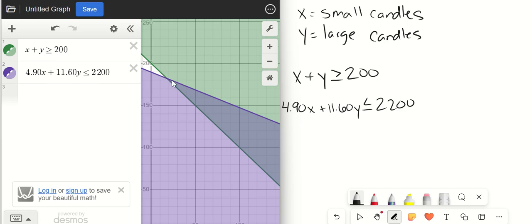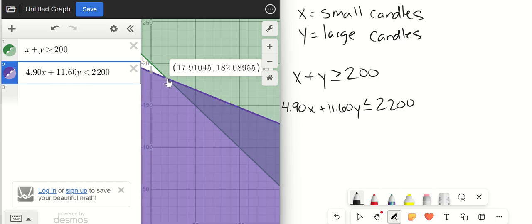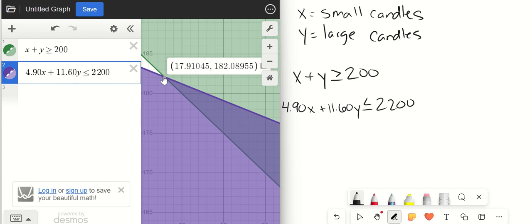And to me, that looks like it's this intersection point right here. And I know it can be on the lines because these are inclusive inequalities. So they are greater than or equal to, less than or equal to. So this is the maximum y value,